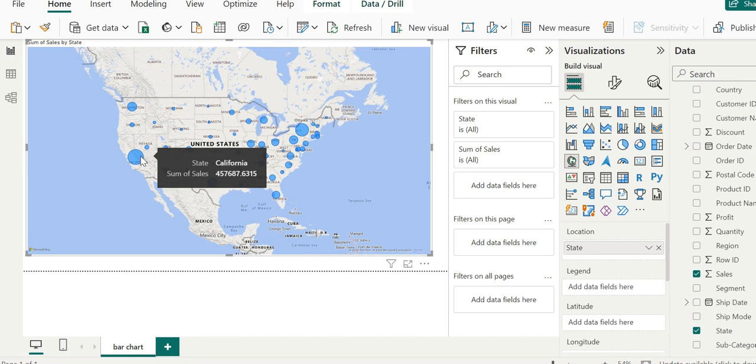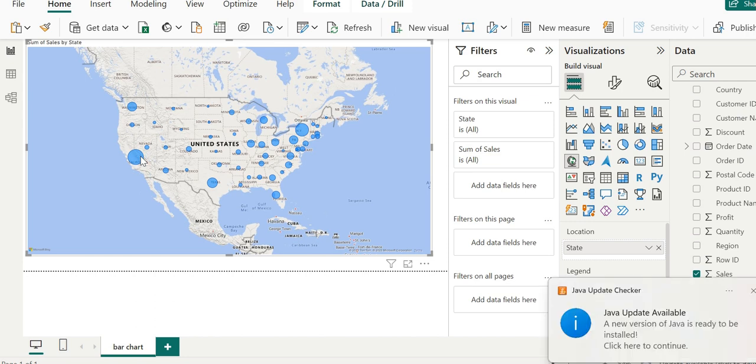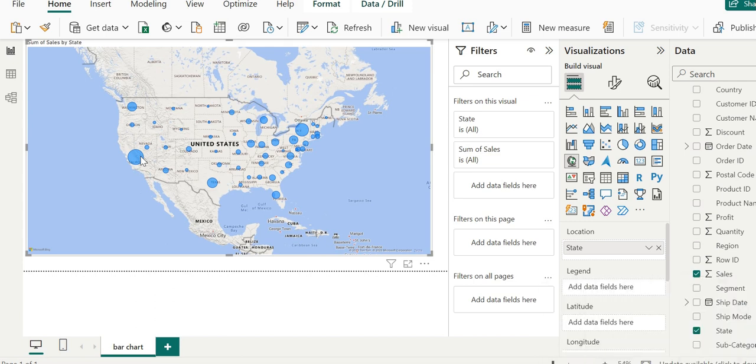If you scroll down inside the visualization pane, we can also see the drop down where the size field, sales, will appear.